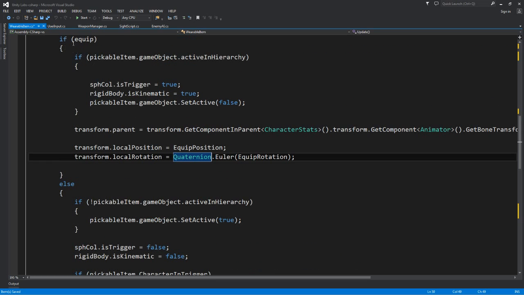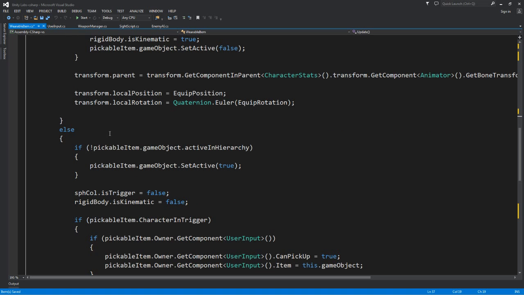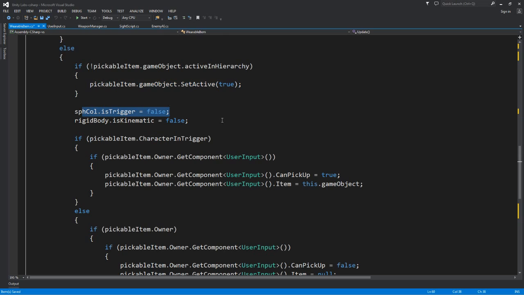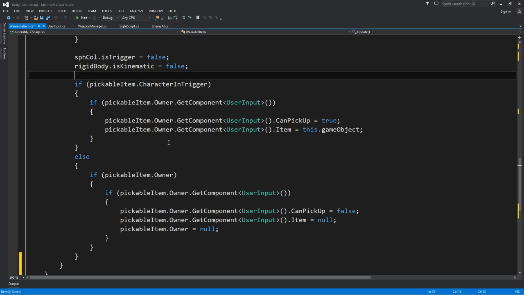Now, if the helmet is not equipped, if the pickable item is not active in hierarchy, open it, make the collider not a trigger, the rigid body not a kinematic rigid body. And if the pickable item has a character inside, check